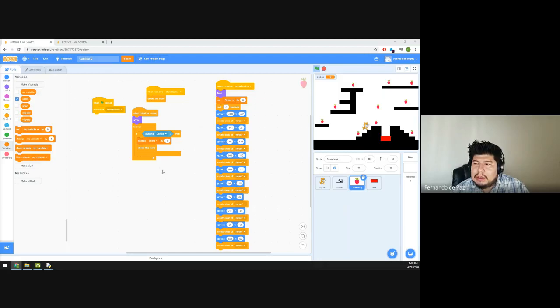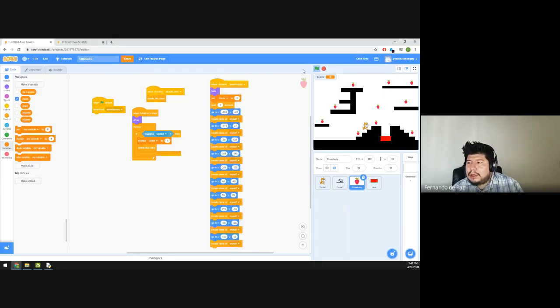Okay, perfect. So the next thing we want to do is create a loading point. So basically, when I touch that point, that is going to take me to the next room or next level. So to do that, let's create another sprite. So we're going to click on paint,